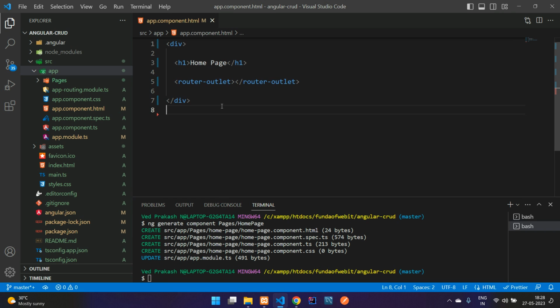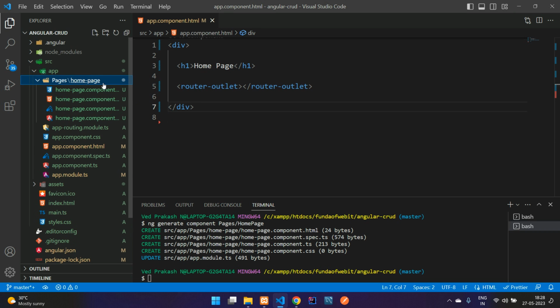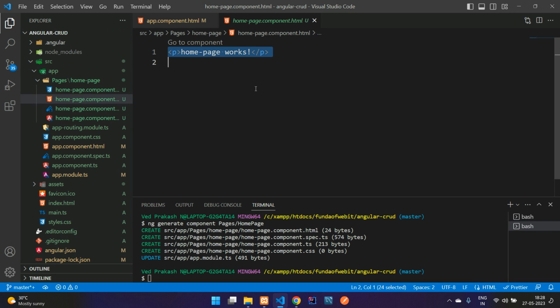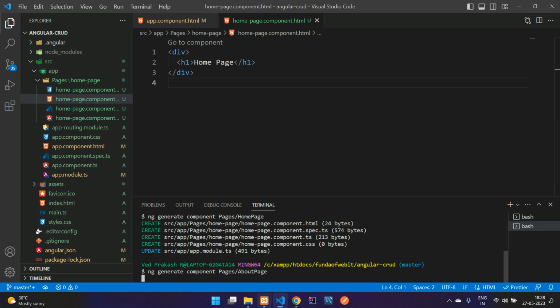Perfect. Let me zoom it, guys. And now you see inside the app folder, we have a home page, and inside that home page, we find the component. Okay, so what we can do, let us open and close a div and use the h1 tag and write home page. In the same way we are going to create for about and contact us also. So let us use the same command, ng generate component pages, where you will type about page, hit enter,